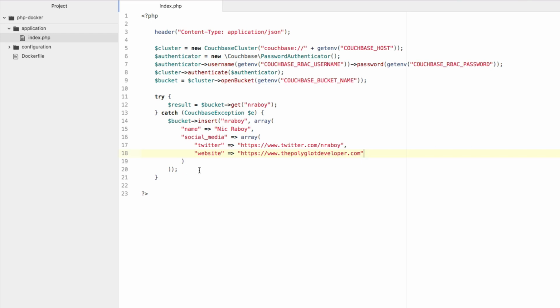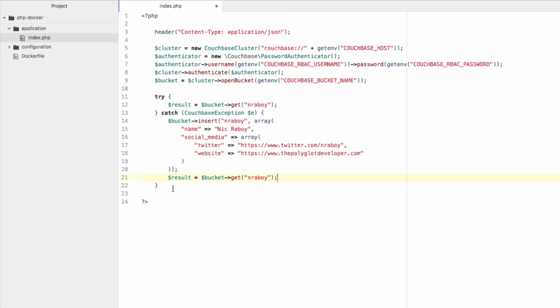The tutorial here is actually deploying this and making sure that it works with Couchbase Server in the end. But at least we have something a little more complex. After we catch it, we can do result equals bucket get. So this is within the catch still. So we've inserted it. After it inserts, we can do a get to get that information and make sure everything's